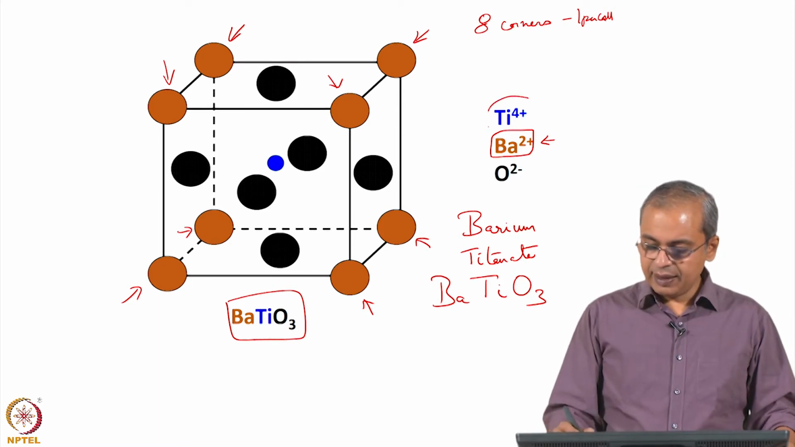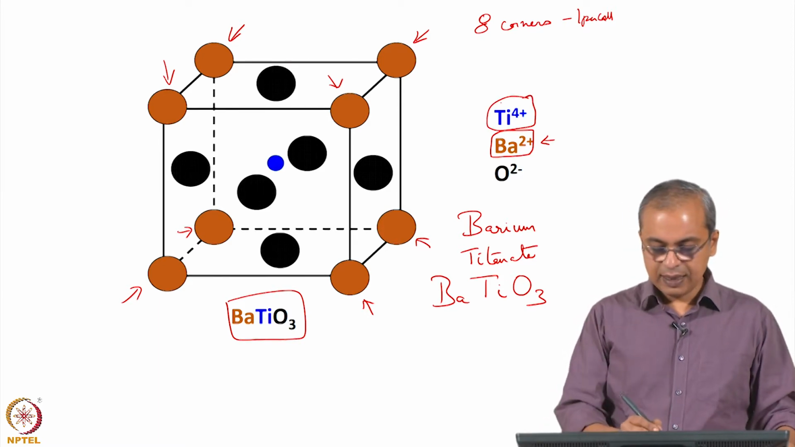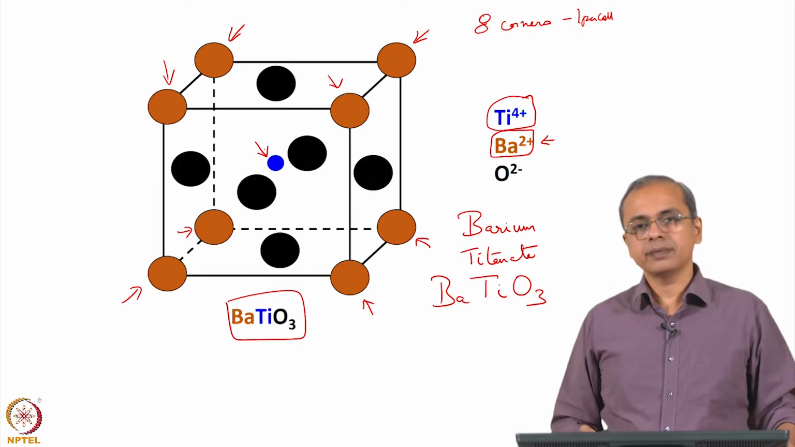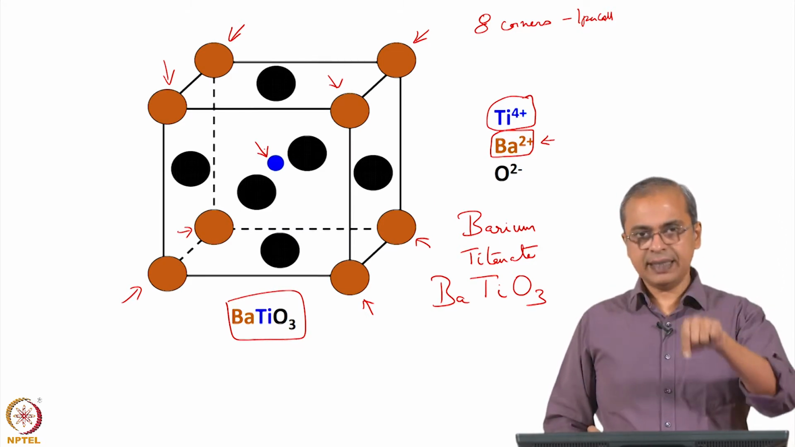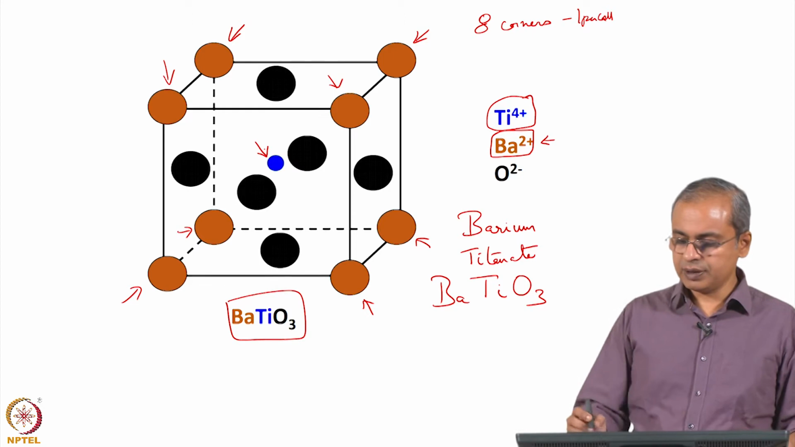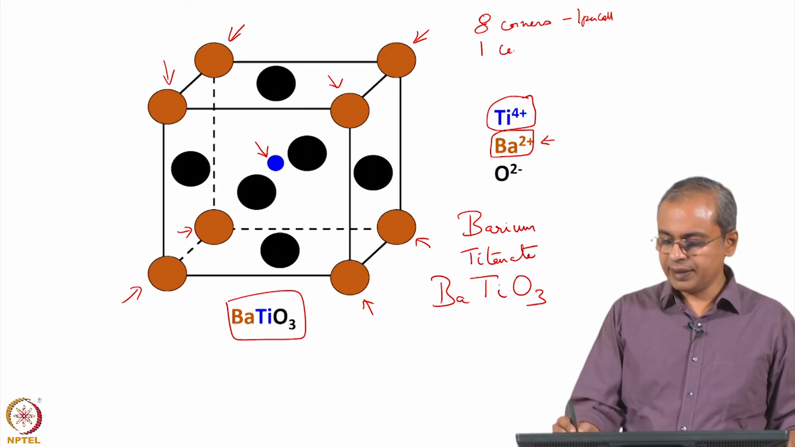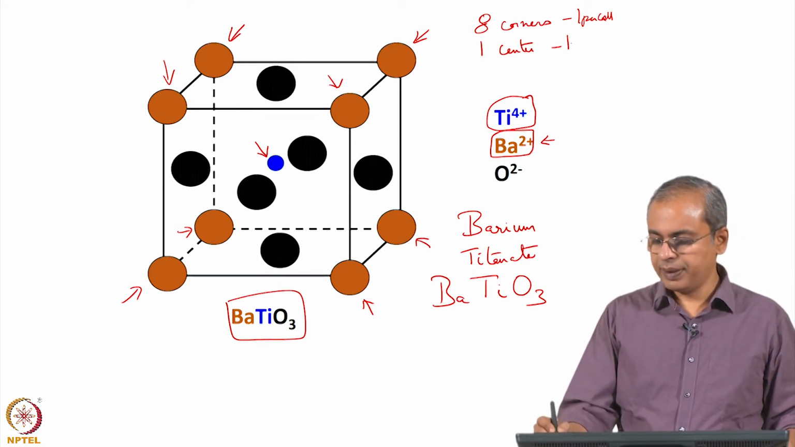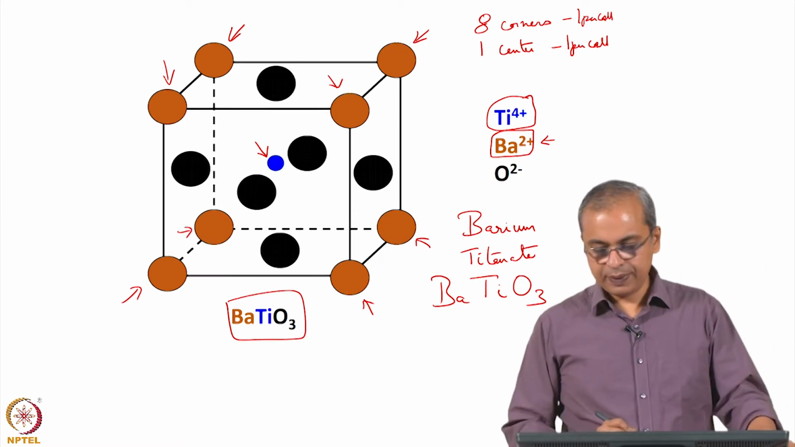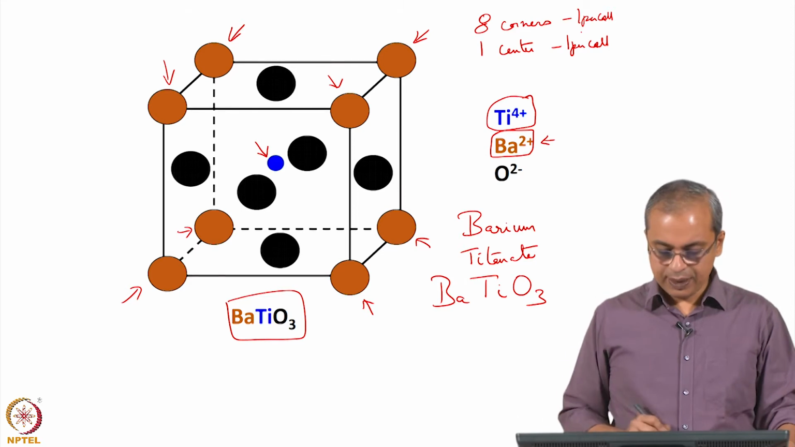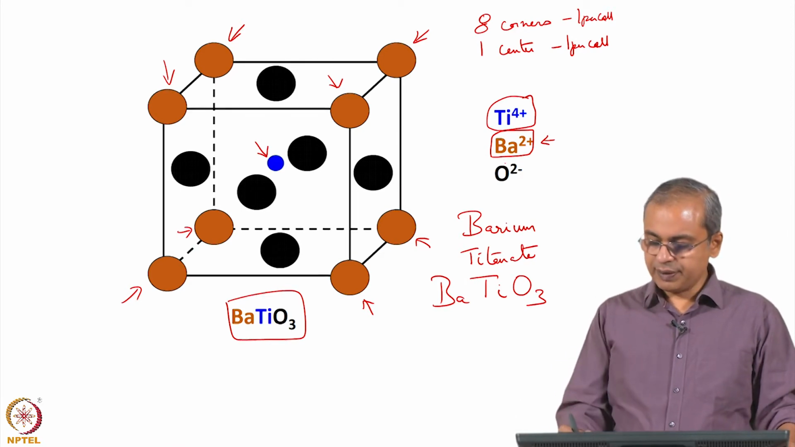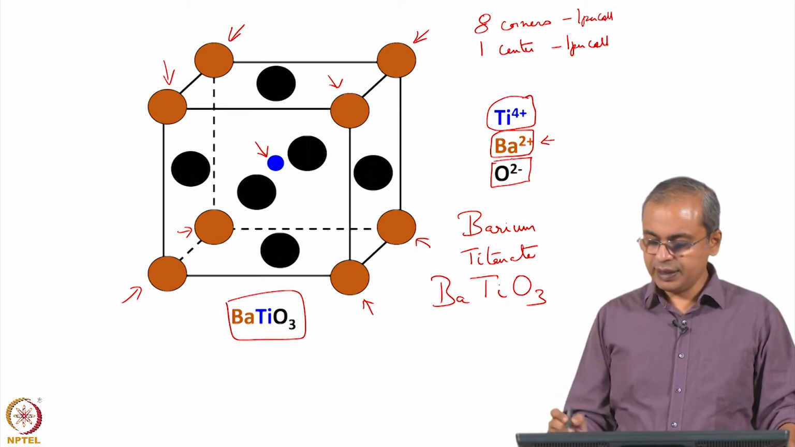Ti has an oxidation state of 4+, that sits in the middle. So, that is one Ti sitting in the middle, and that Ti completely belongs to this unit cell. So, one center, one per cell. So, again you get 1 and 1, and then finally the oxygen, which is in the oxidation state of 2 minus,